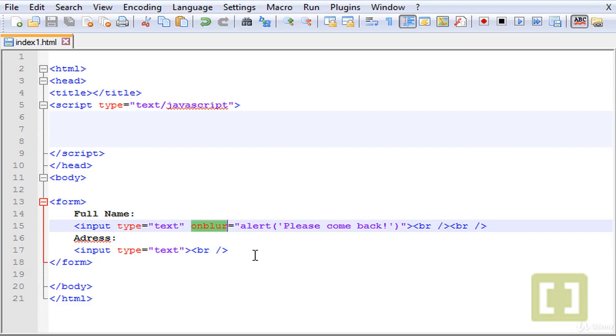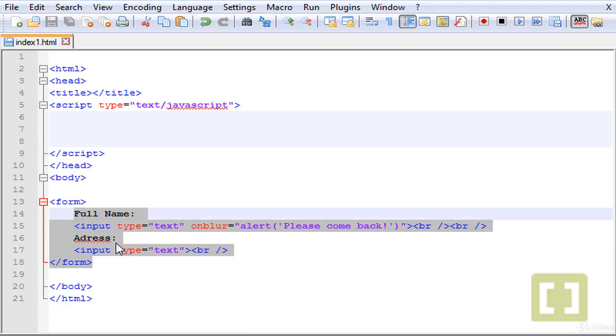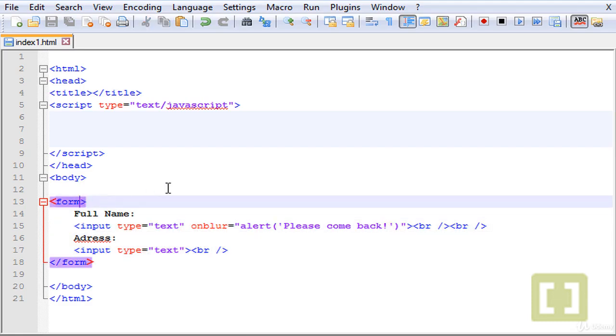You also have another very famous one, which is the onSubmit, and we use that a lot on forms. So let's type here onSubmit equals. Now let's type an alert here saying your form has been submitted. Okay,